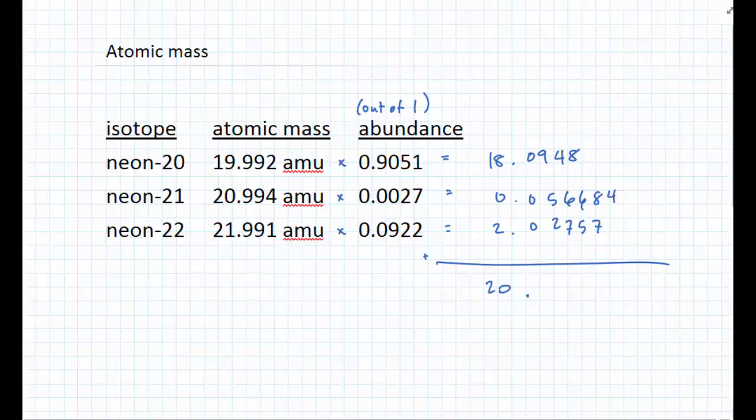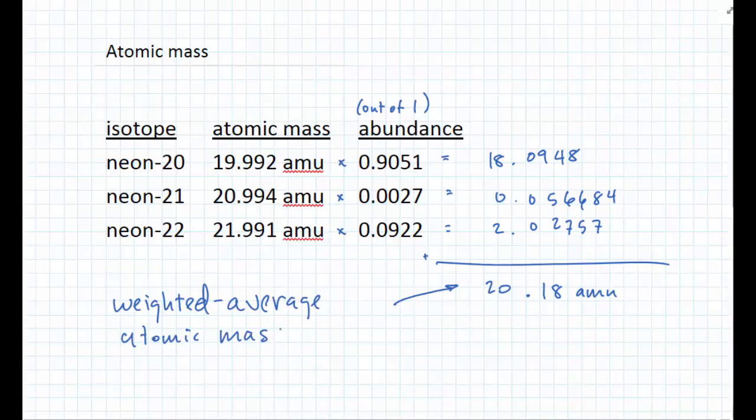Sum of those is 20.18 AMU, which I've rounded here. This value here, that is the weighted average atomic mass of neon's natural isotopes. Okay. So a natural sample of neon will be made up of these three isotopes in these proportions. Okay. So to make a weighted average of anything that you have with a certain value and a certain amount of that, you multiply the abundance by the